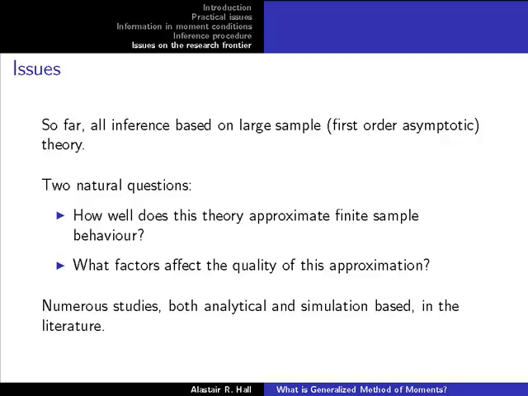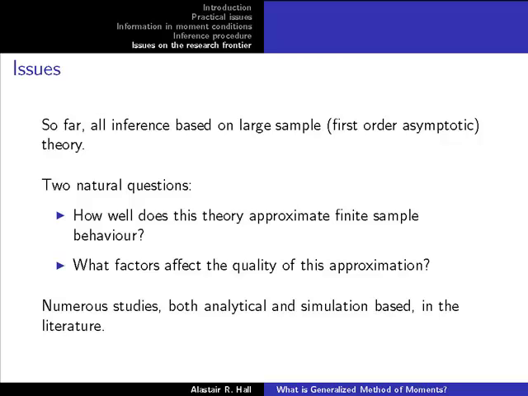is results derived by imagining our sample size goes off to infinity. We're never in that situation of having an infinite sample. And so what we're doing is using this theory as an approximation to the finite sample behavior of the statistics. So once we recognize that, the natural question is, well, how well does this theory approximate finite sample behavior in the kind of places where we want to apply GMM? And can we identify the kind of factors or aspects of the model specification that appear to affect the quality